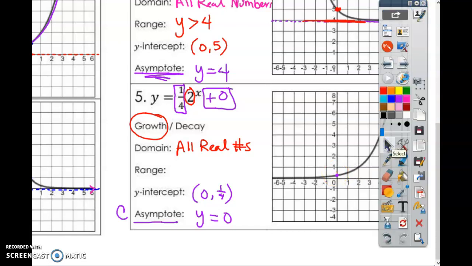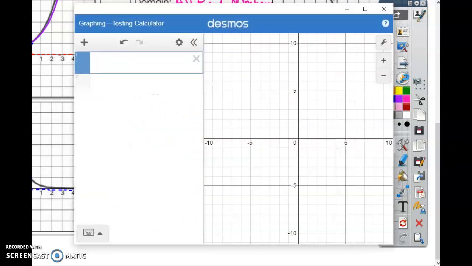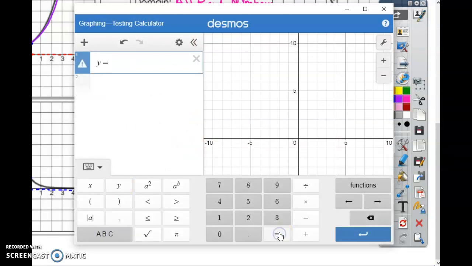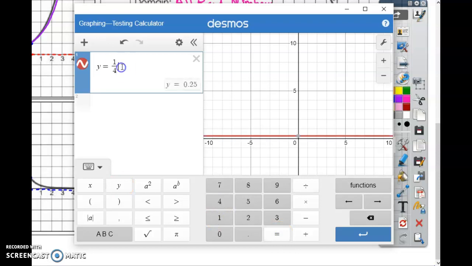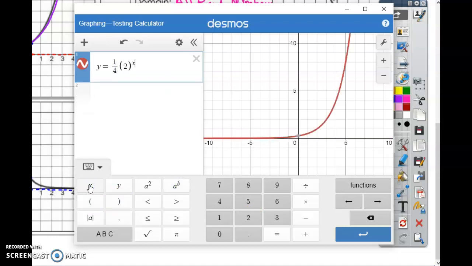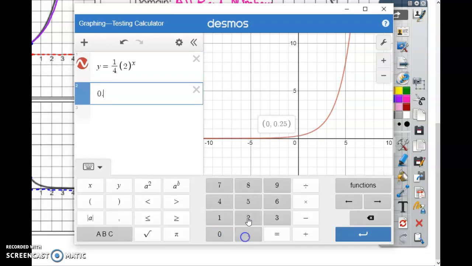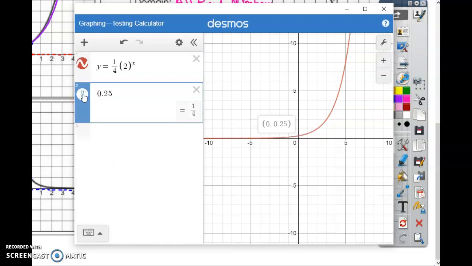Oh, I can't. Where's my... Y equals, everybody's typing this. Y equals 1/4, parentheses, 2, close parentheses, to the power of x. Okay, here's my y-intercept. You see the point? When you click on it, it's (0, 0.25), which is (0, 1/4). If I type 0.25 and click my fraction, it will tell me that it's 1/4. Okay, so that's how you would do it on the test,